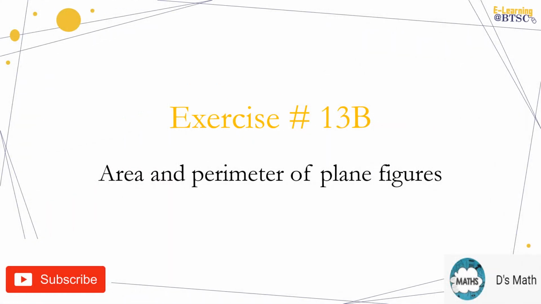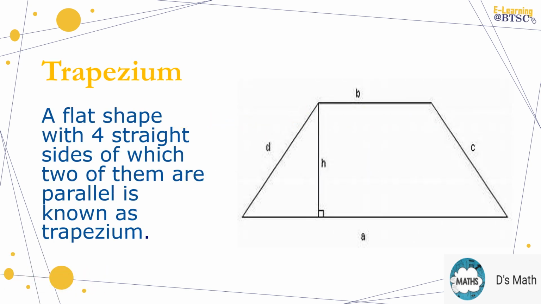In today's video, we will do the remaining part of exercise 13b, that was about area and perimeter of trapezium. Okay. First, we will start with the definition of trapezium. What sort of a figure is trapezium, and what was the difference between trapezium and parallelogram? Because in exercise 13b, we are only discussing parallelogram and trapezium. In the last video, I have shared all the questions related to parallelogram. Now I'm going to share all the questions related to trapezium.